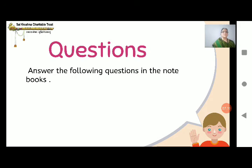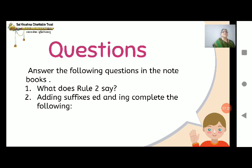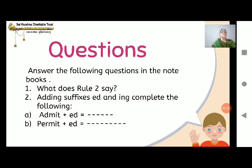Here in the questions, answer the following questions in your notebooks. What does Rule 2 say? Adding suffix ed and ing complete the following. Admit plus ed, permit plus ed, occur plus